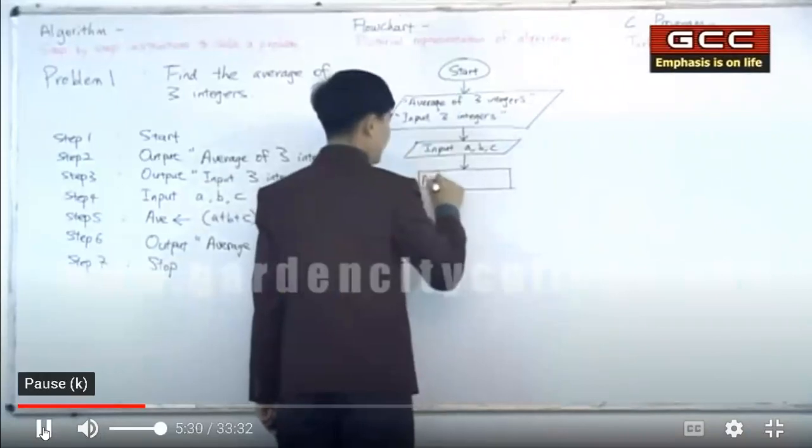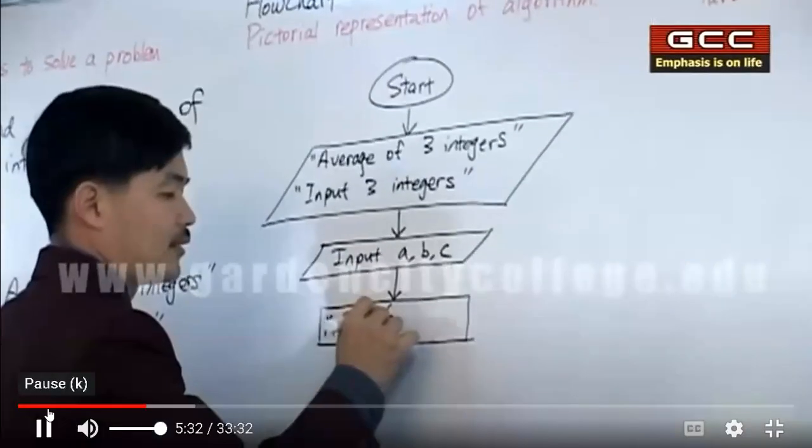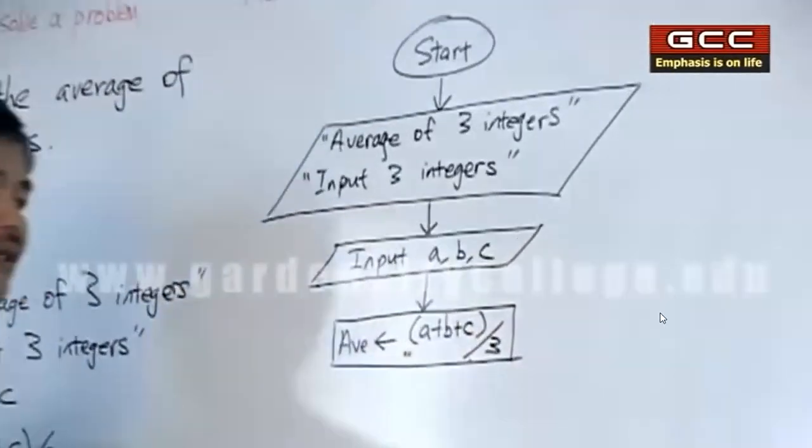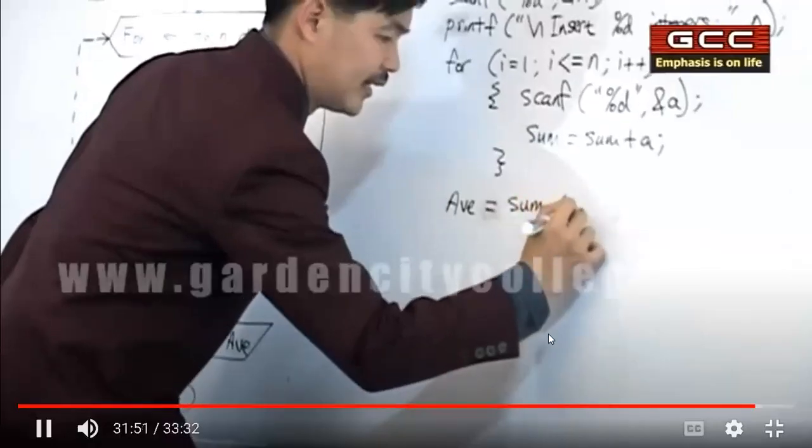The average is, actually, the computer gets the sum of the data of A, B, and C, and the whole thing divided by 3. Right. So the computer will be